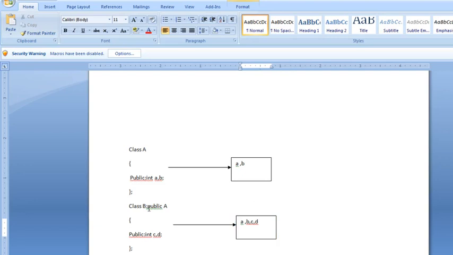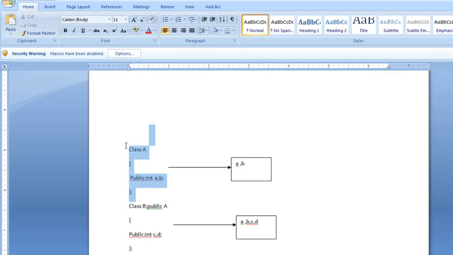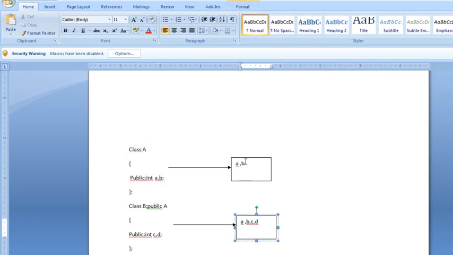But what is the meaning of public? When you write public here, all the public properties of class A become the public properties of class B. Every object, every instance, consists of three parts: the public part, the private part, and the protected part. So every object consists of these three parts.